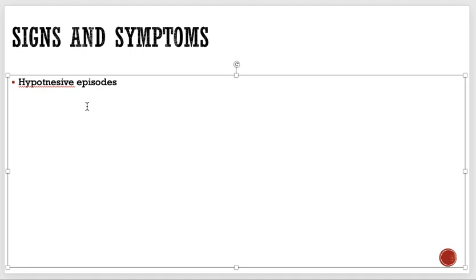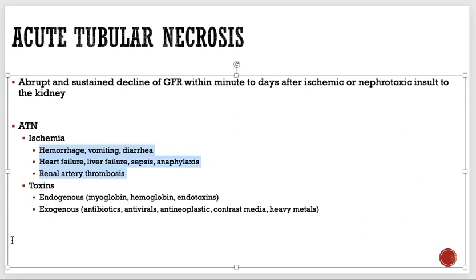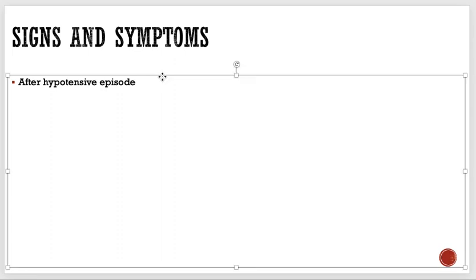So the patient, what you can say, there can be an abrupt increase in creatinine and urea after a hypotensive episode. What I'm talking about is basically this one. All these things will cause what? Of course, these two will cause hypotension, right? And this one maybe will not cause hypotension, but it will cause less delivery of the blood to the kidney. So after a hypotensive episode,